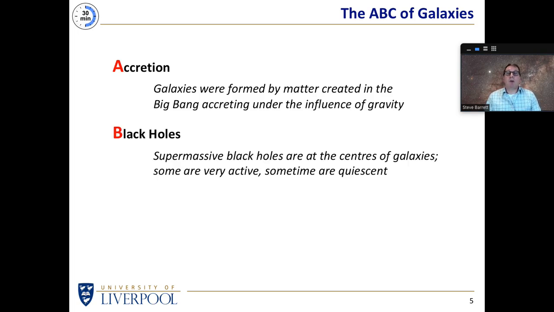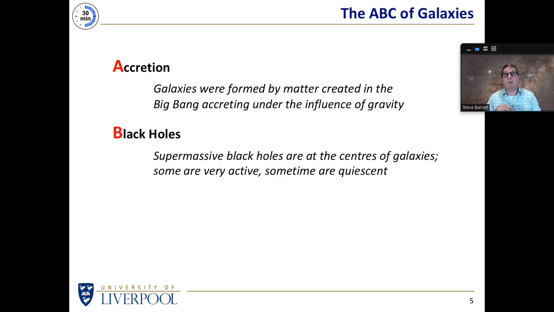Black holes, we believe, are at the centre of most, if not all, galaxies. These are very large black holes, so-called supermassive black holes. Some of them are very active. We see some galaxies in which the black hole is eating up, feeding on the matter around it. Matter is falling into the black hole, creating huge amounts of energy. There is a black hole at the centre of our Milky Way galaxy, but that appears to be quiet. In other words, matter is not falling into that black hole, and so we don't see a huge amount of